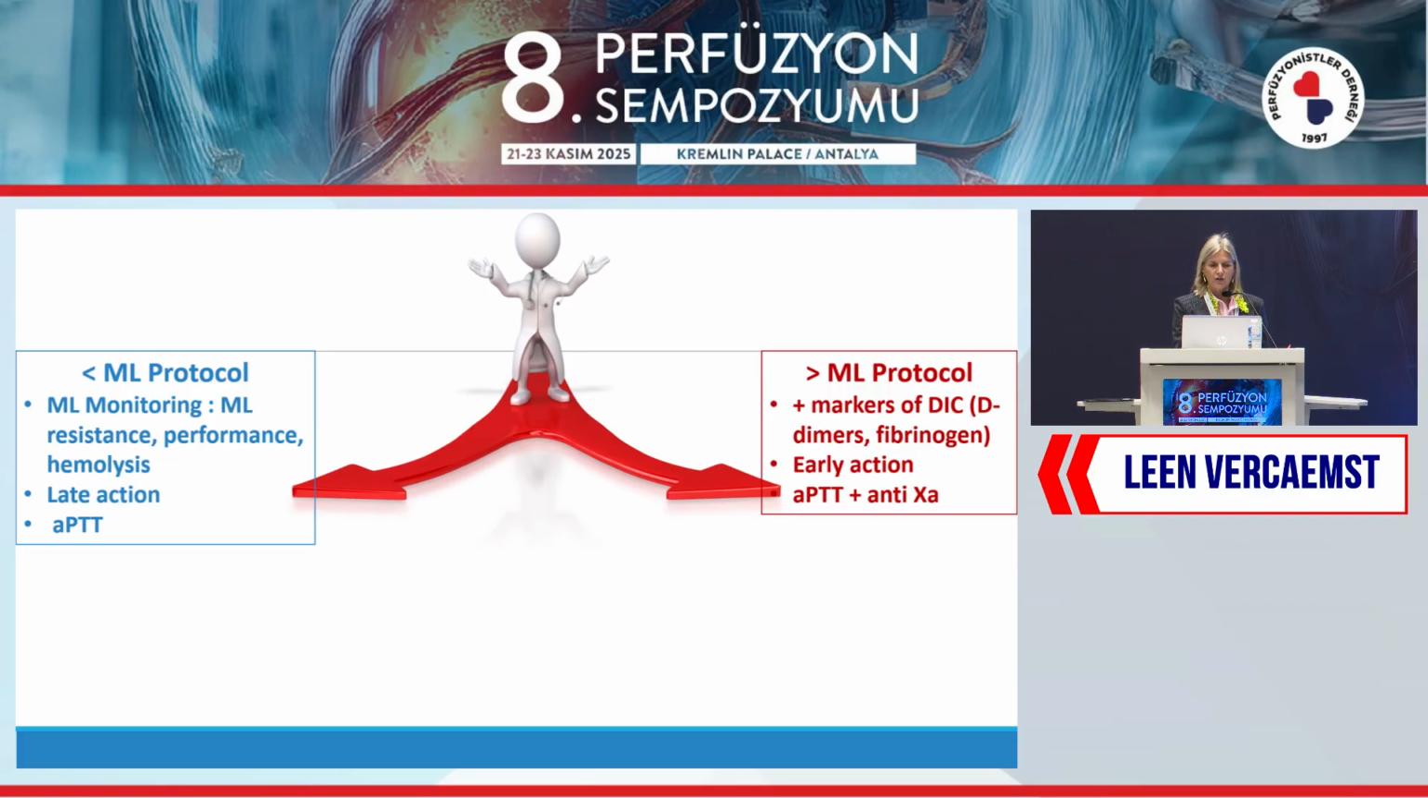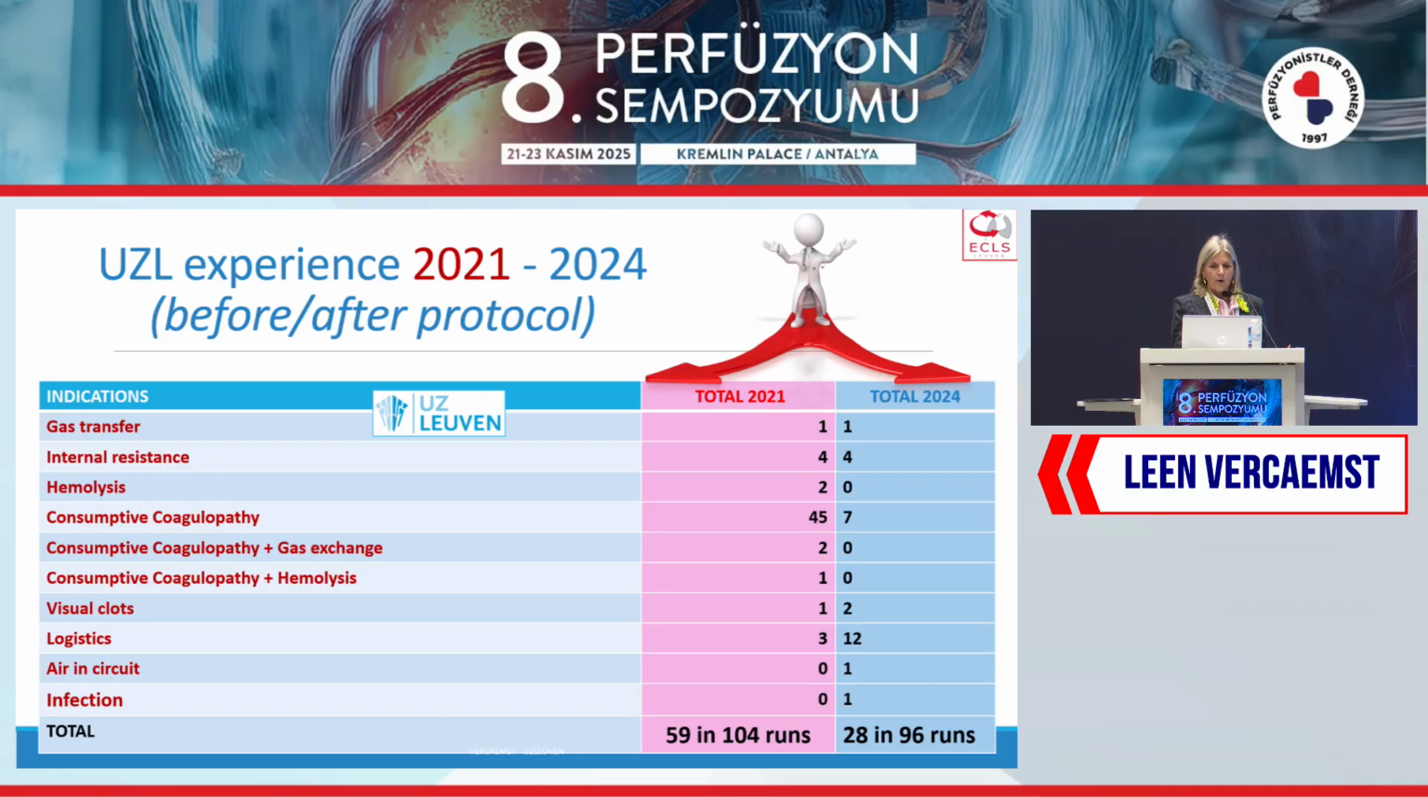Before, we just had standard membrane lung monitoring with a late action and APTT control. Since the membrane lung protocol, we also control and look at our markers of coagulopathy, like D-dimers and fibrinogen. We take early action, and we do dual monitoring, APTT and anti-Xa. What we see, and it's maybe very difficult